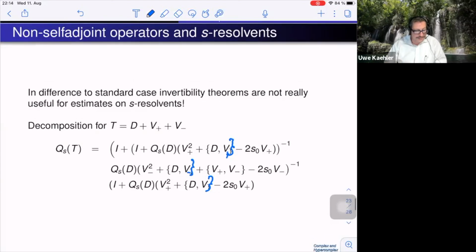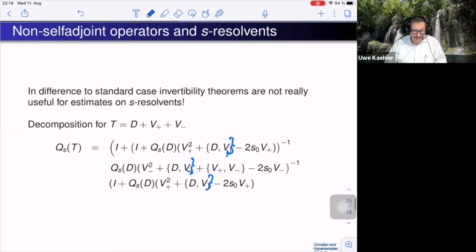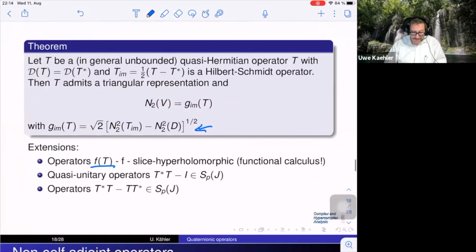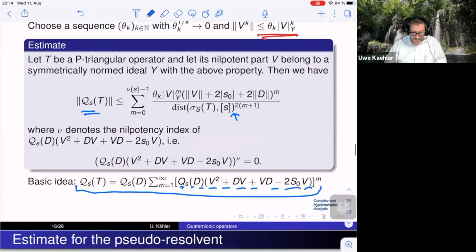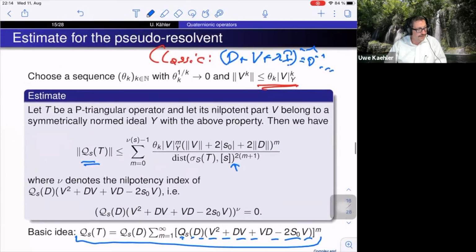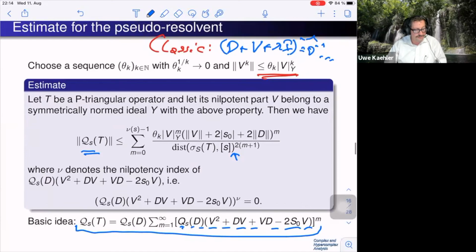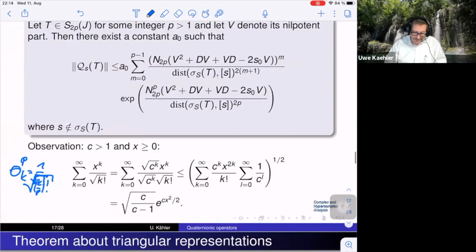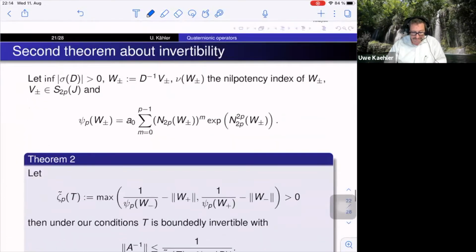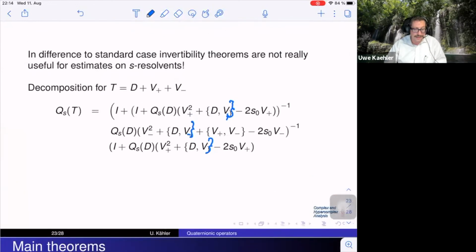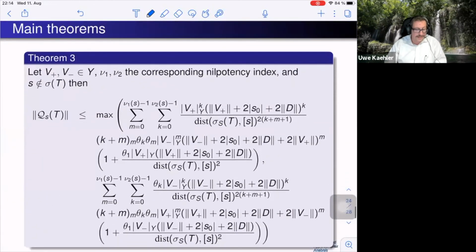But basically, and that's why I talked about it beforehand, we don't have to reinvent the wheel here. We did that before when we looked at these estimates for the pseudo-resolvent in the first case. Now in the second case, after using that decomposition, we can use the same ideas. And that leads us to the following theorems. They look more scary than they are, but take the right nilpotency indices,